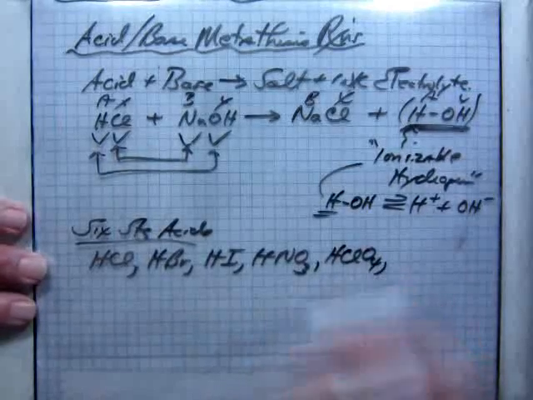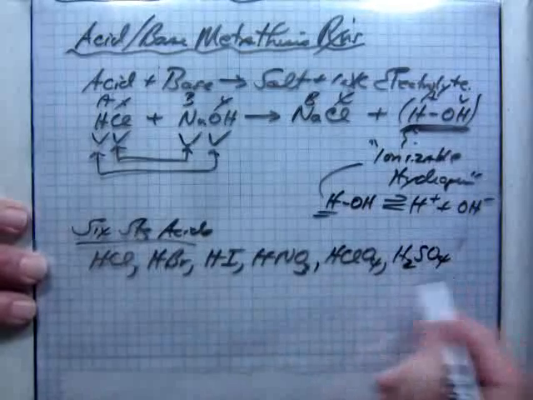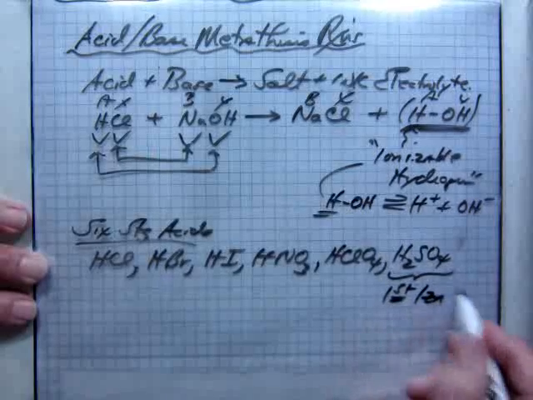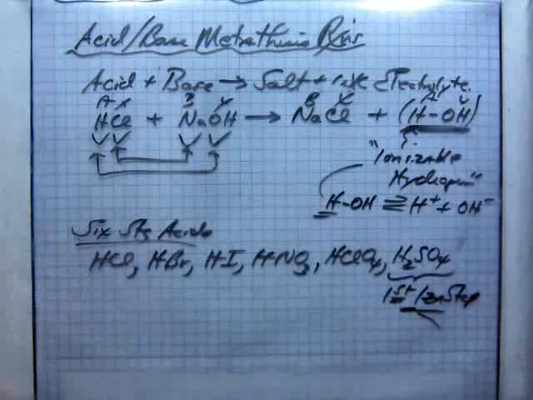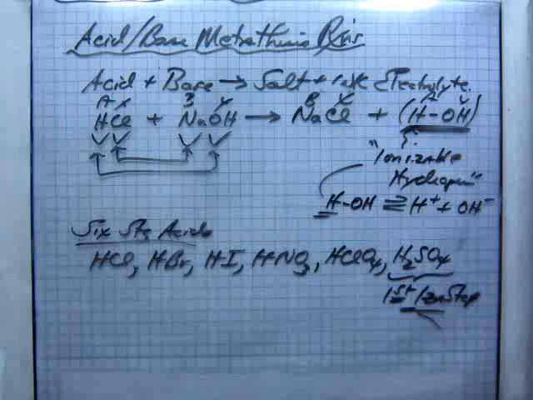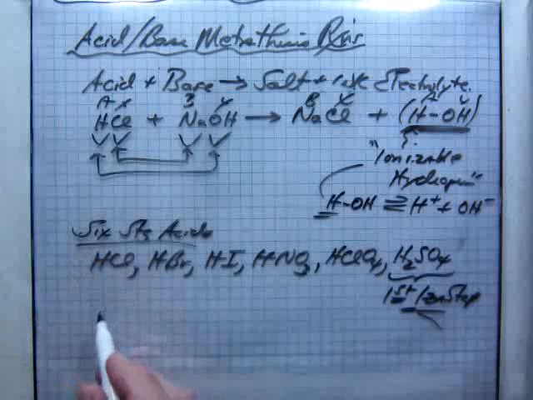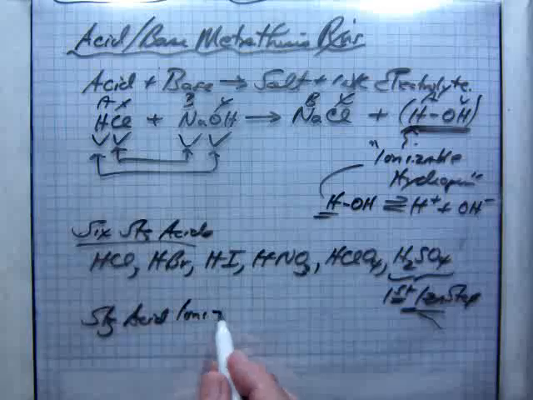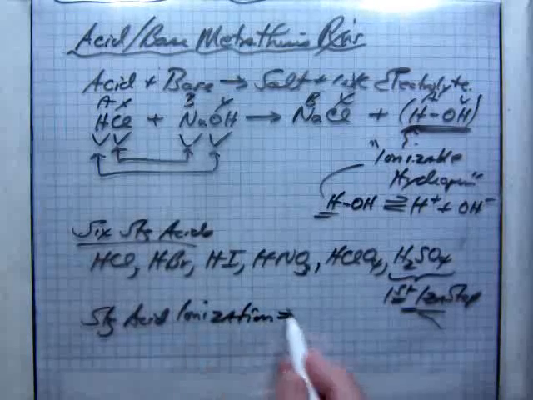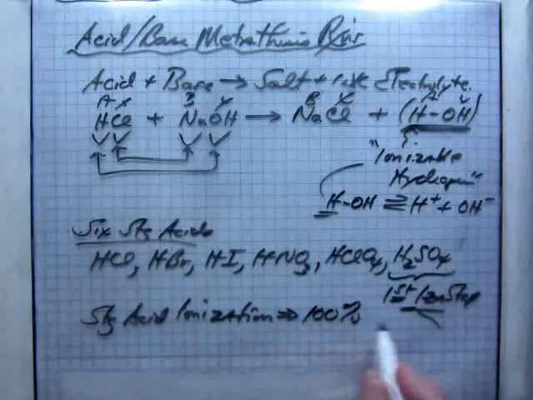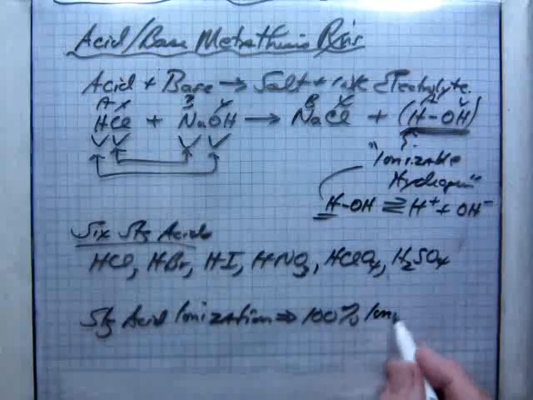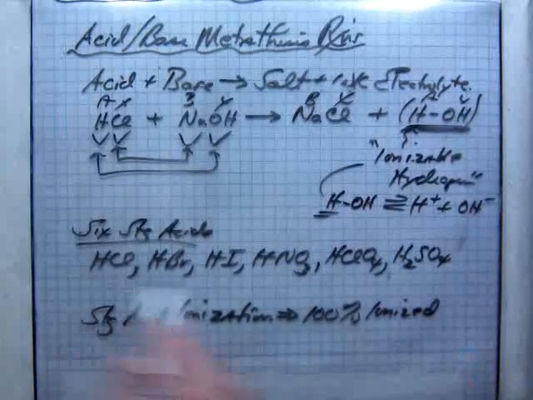HClO4 and H2SO4, and this one is to the first ionization step. That means it ionizes in two steps, but only the first one is a strong acid ionization. What strong acid ionization means is these are 100% ionized. You will find no molecular forms of these